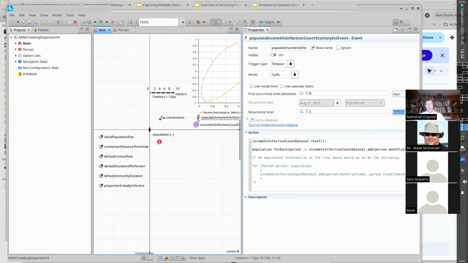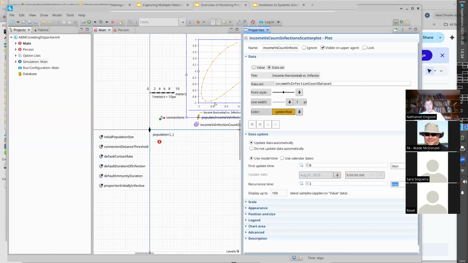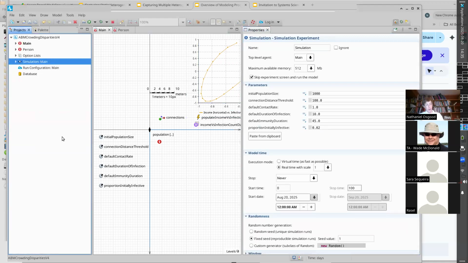periodically every month. And this scatter plot is designed to be updated based on designed to plot that out. Okay. So we're going to go run this,